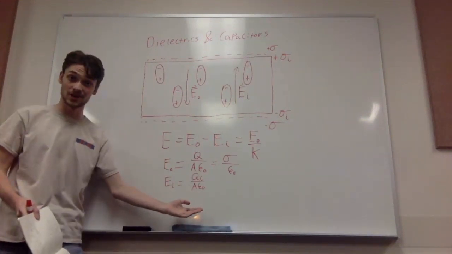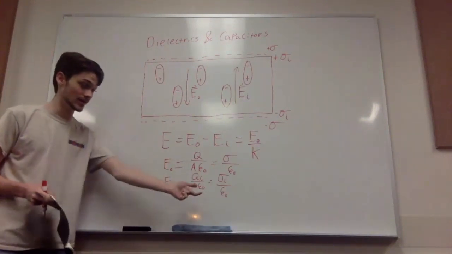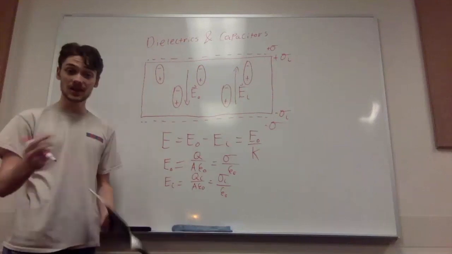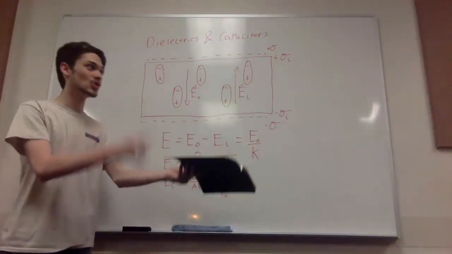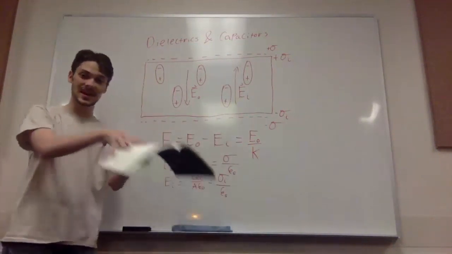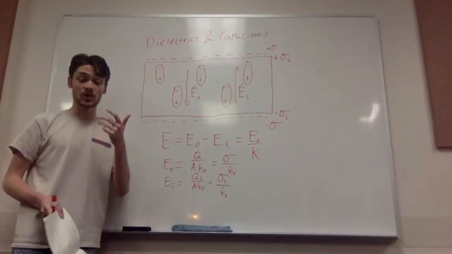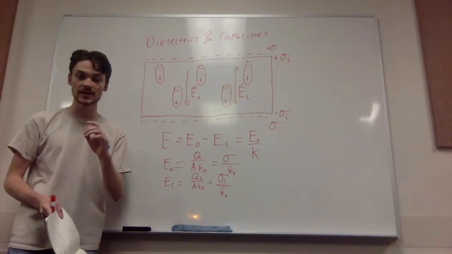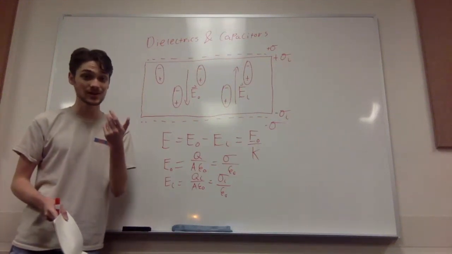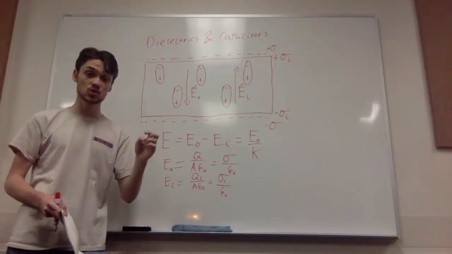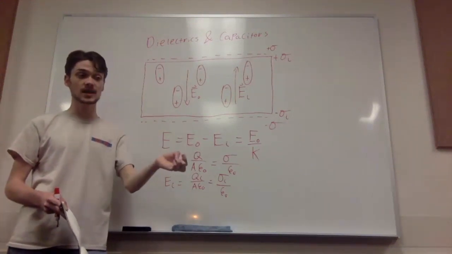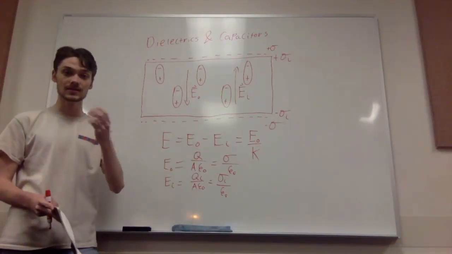Qi over A epsilon naught is equal to sigma induced over epsilon naught. Using Gauss's law, we know that there is a direct correlation between the charge density and the electric field produced. But there's also something that we know about dielectrics in general. There is a correlation depending on the dielectric constant between the charge density of the capacitor and the induced charge